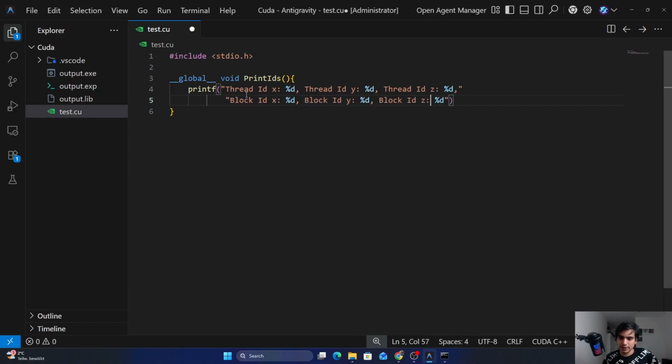and z coordinate. Next, to get the thread ID you have to type threadIdx.x for the x dimension, and similarly do for the y dimension threadIdx.y, and the same goes for the z dimension. Now do the same for the block IDs. Type blockIdx.x for the x dimension, and here for the y dimension, and here for the z dimension, and put a semicolon